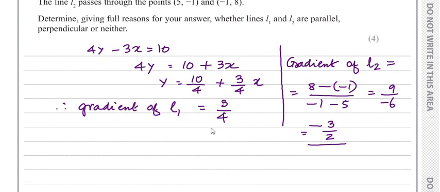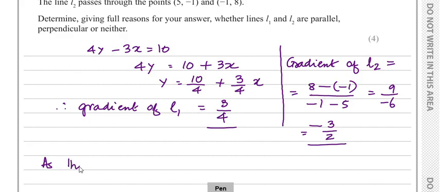So is there any relationship between the gradient of the first line and the second line? If they were parallel, they should be equal. So they are not equal. So they are not parallel. If they were perpendicular, one should be the negative reciprocal of the other. That's also not true. So we can say, as they are not,